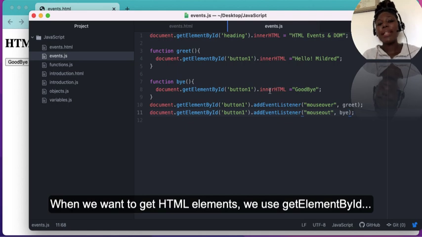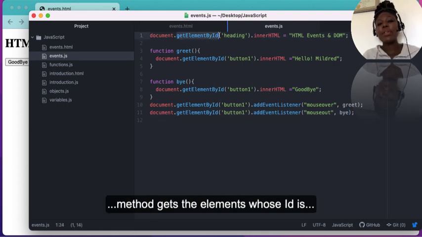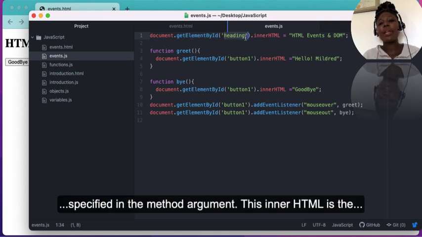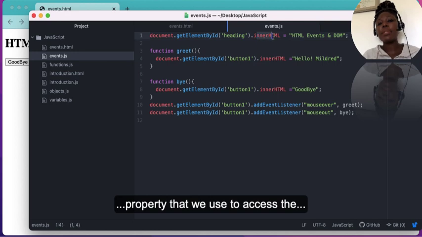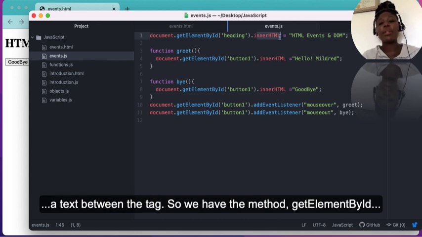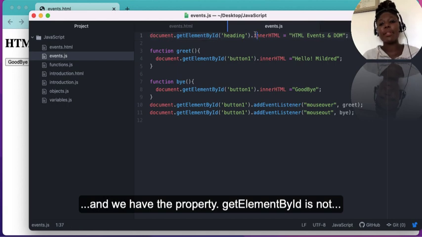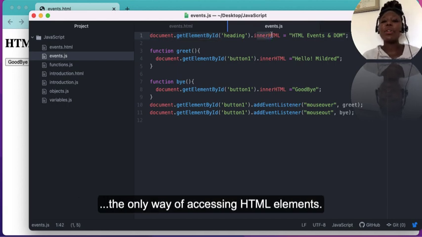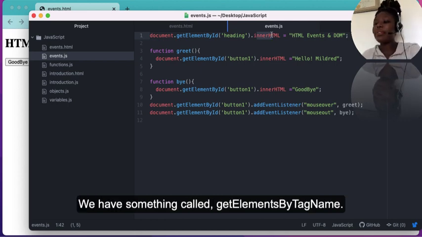When we want to get HTML elements, we use the getElementById method. This method gets the element whose ID is specified in the method argument. innerHTML is a property that we use to either get or create the text between the tags. So we have the method getElementById and we have the property. But getElementById is not the only way of accessing HTML elements. We have something called